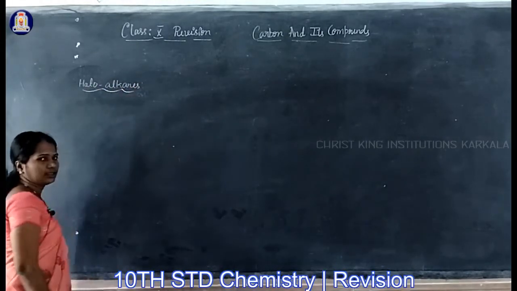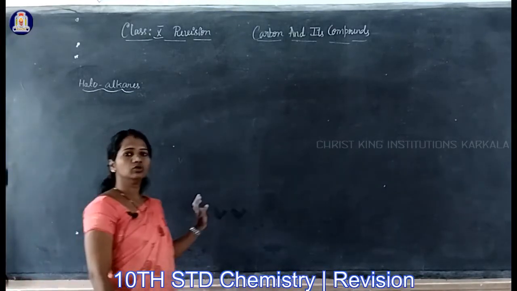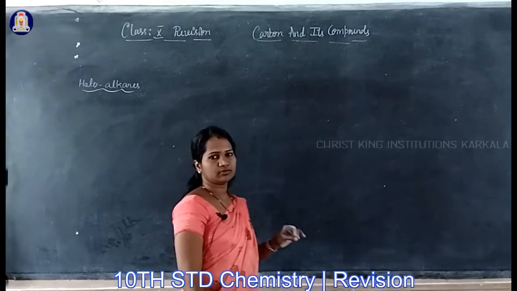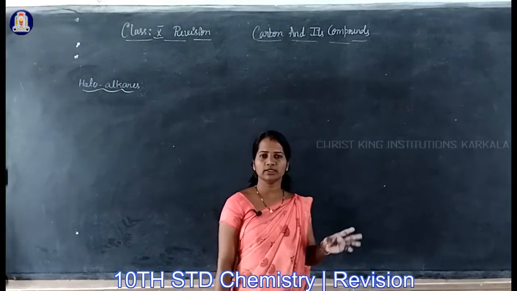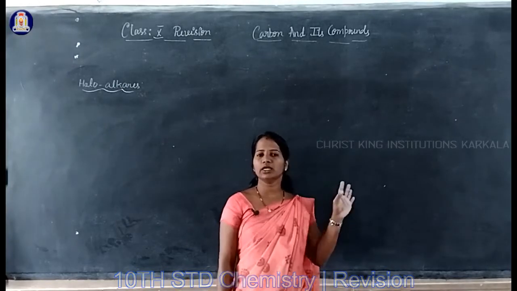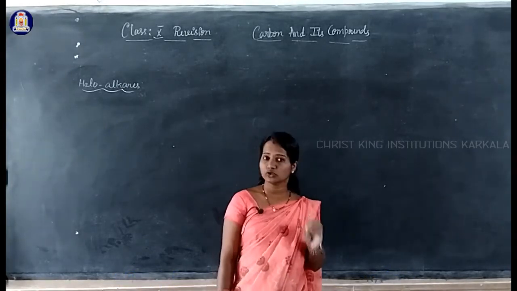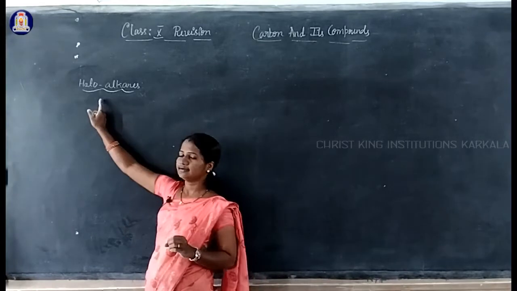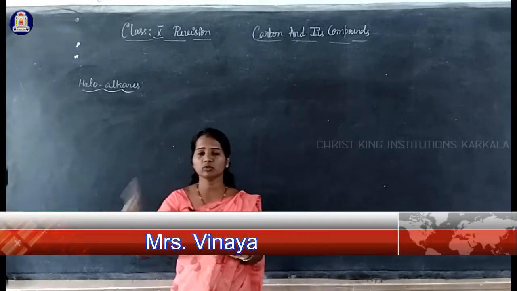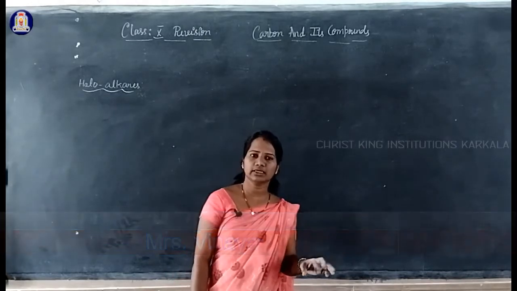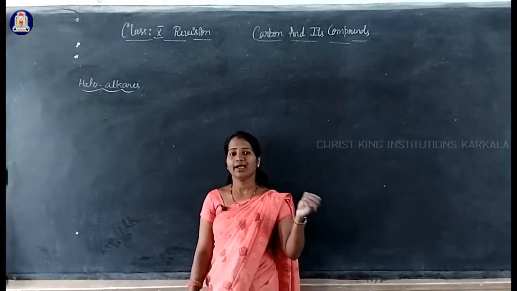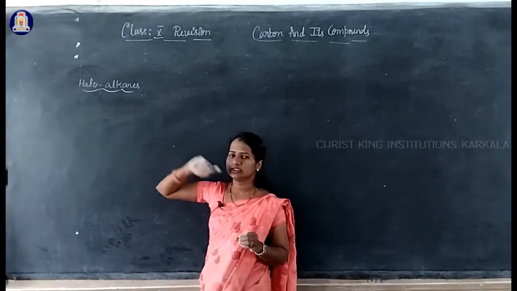In haloalkanes, you are going to study 2 halogens given in the textbook. One is chloro, another one is bromo. Chlorine, bromine, iodine, fluorine, these all are called halogens. So the prefix added here is halo. It is an alkane, but 1 hydrogen is removed from the compound of the alkane family, and in that place a halogen is added.